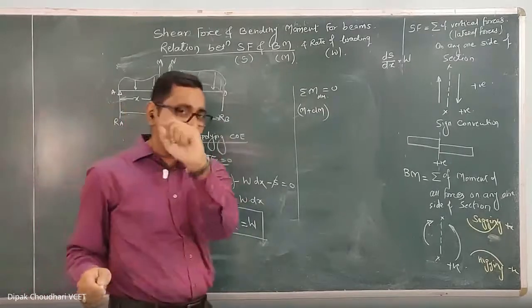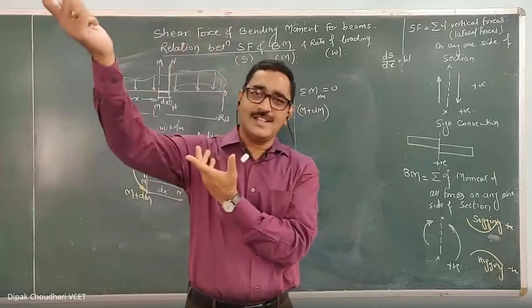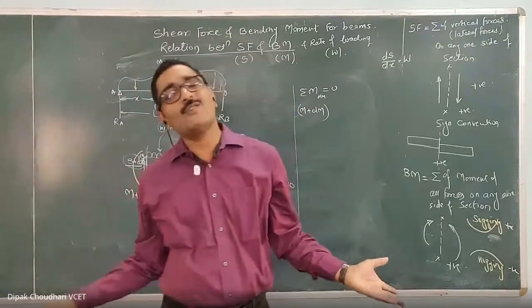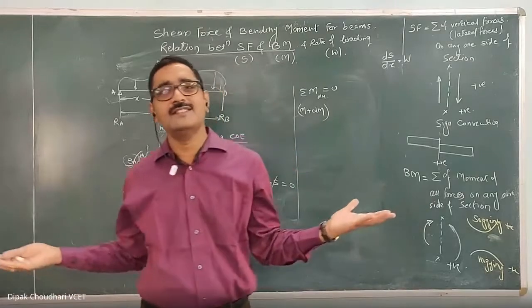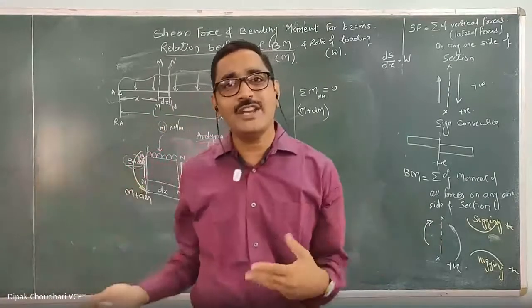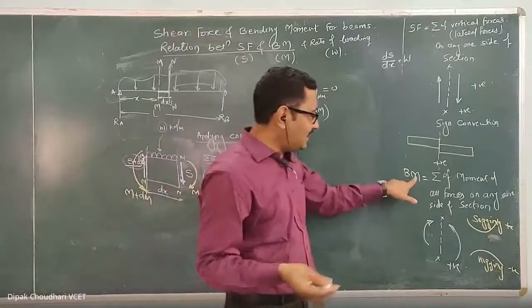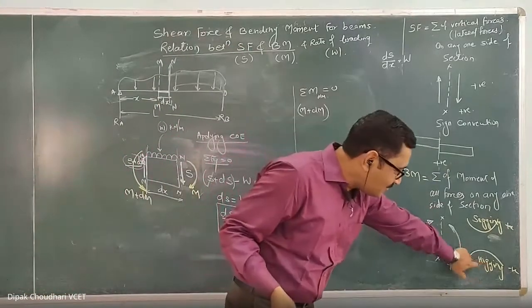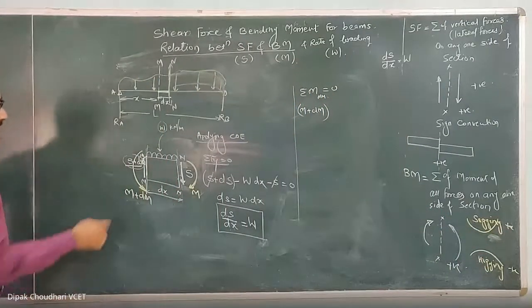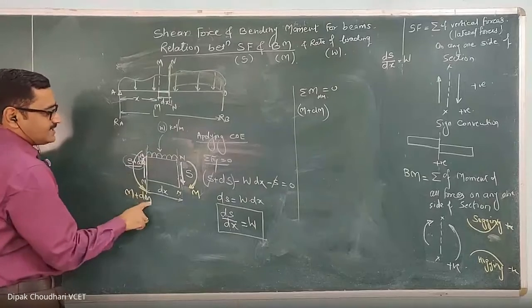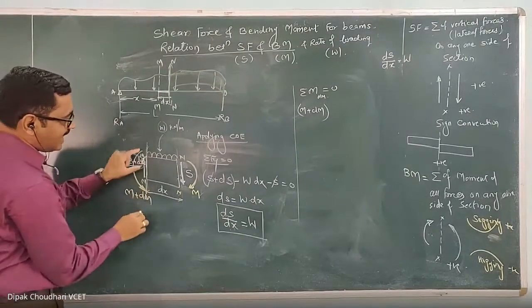So whenever you are applying the condition of equilibrium, you have to apply our normal sign convention: clockwise negative, anti-clockwise positive. For the condition of equilibrium, it doesn't make any difference whether you consider clockwise positive or anti-clockwise positive. Ulta kiya to bhi answer aane wala. But whenever you are writing the bending moment equation, you have to use this sign convention. Understood? Okay. So this is the anti-clockwise moment, so m plus dm. Moment of this s plus ds is 0. I am taking the moment here. यहाँ पे moment ले रहा हूँ.